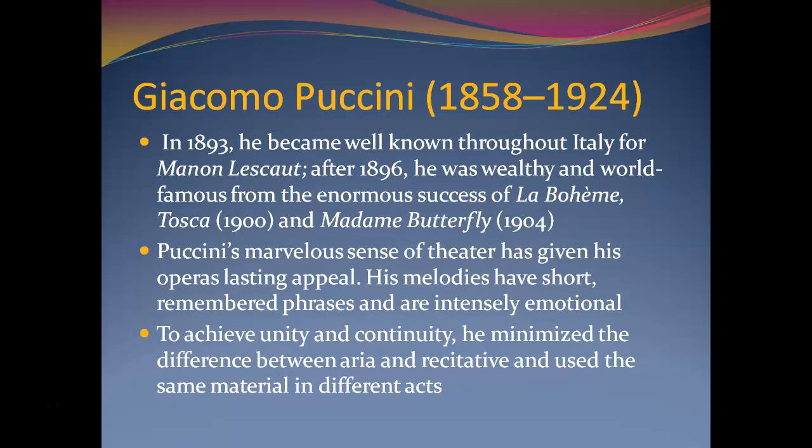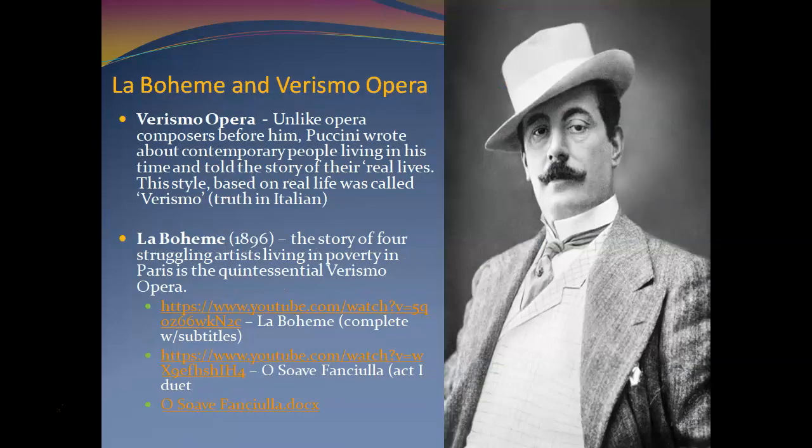And you remember in the Baroque period, most operas were about gods and goddesses and famous historical figures, heroes. And in the classical period, it remained basically that way. But you remember Mozart, with his Marriage of Figaro, sort of pushed the envelope a little bit here and changed things with his opera about servants, sort of getting over and outsmarting the Count, which was kind of a revolutionary type of story to tell. But now, in the Romantic period, the composers are writing operas about regular people. And this style of writing about real life and regular people is called verismo opera.